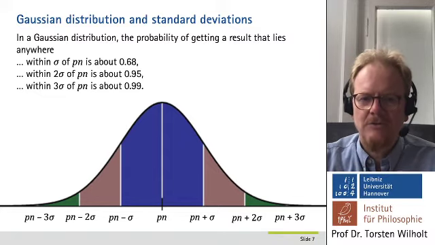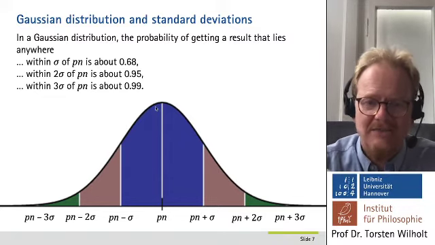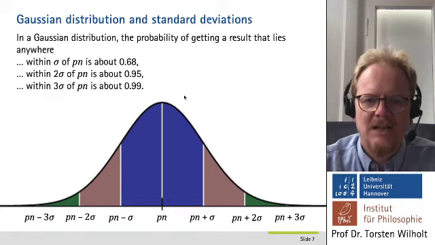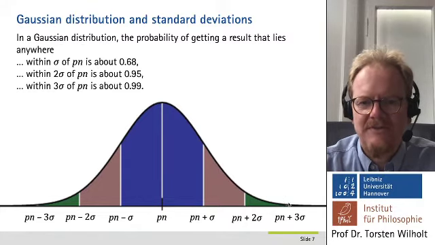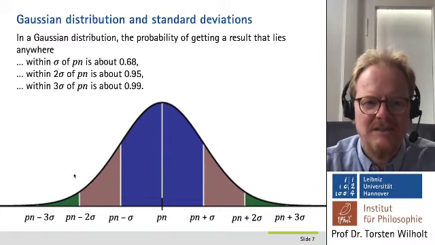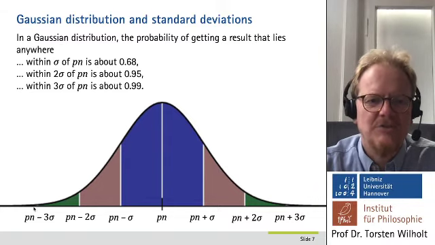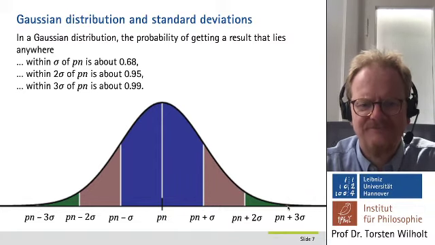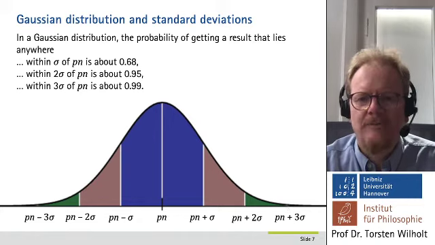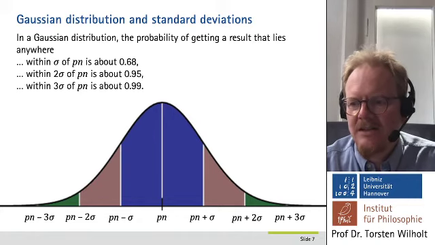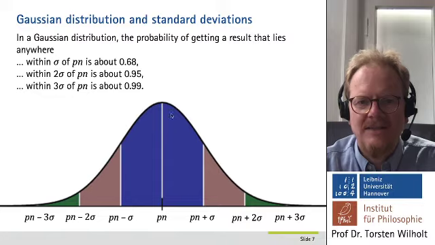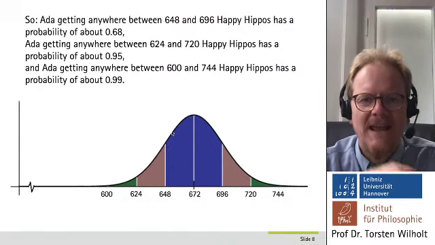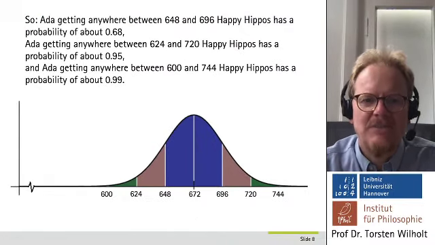That's all you have to know to calculate the standard deviation, and you can already say that there's 99% probability that the result will be within 3 standard deviations of the mean. So what does this mean for our example? So Ada getting anywhere between